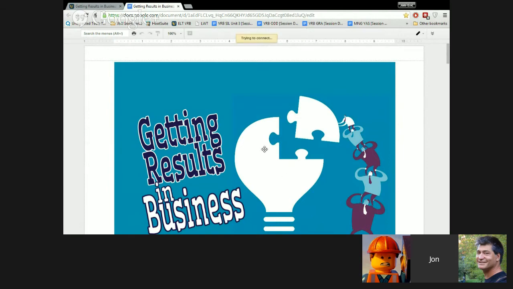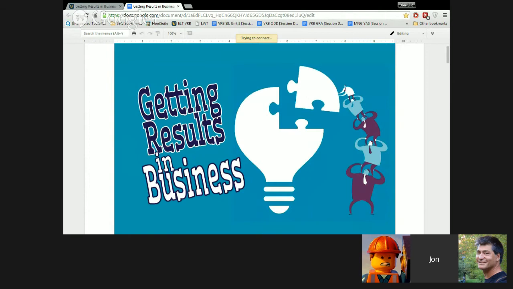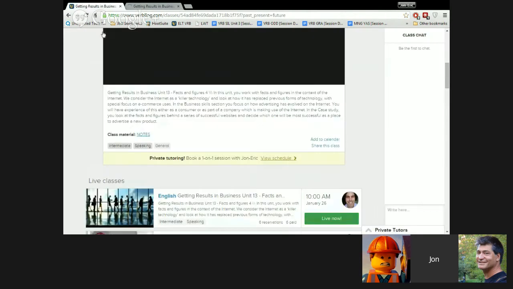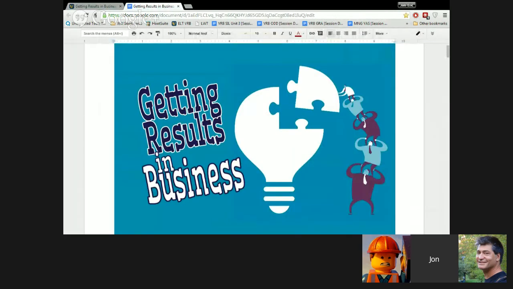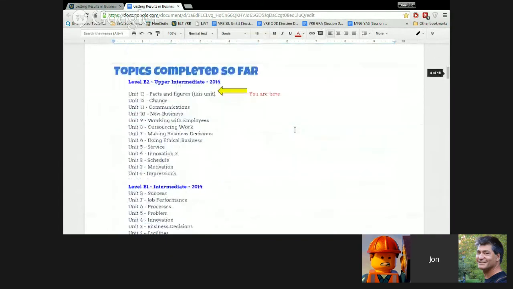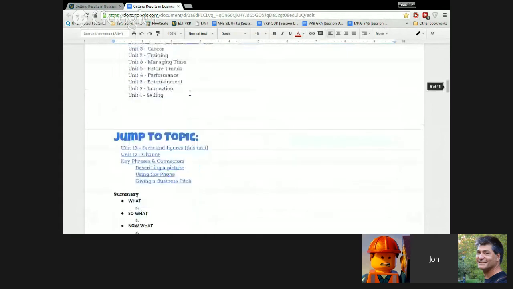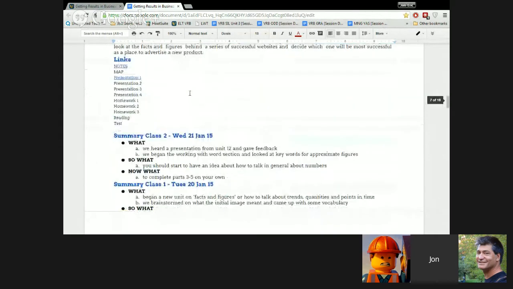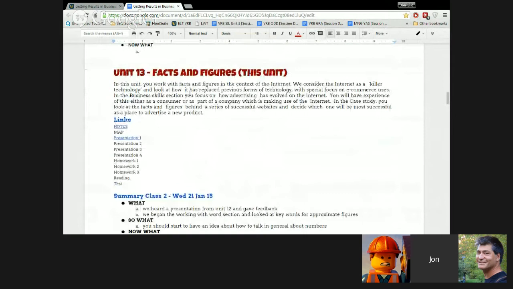Before we begin, as you know, the class material is always down here where it says class material. But for today, I'll give you a link so you can open the notes directly if you like. When you get that open, all the material we need, we go down to page 6 where we have today's unit. One second. There we go. I believe that's on page 6. Or for me, it's 6.